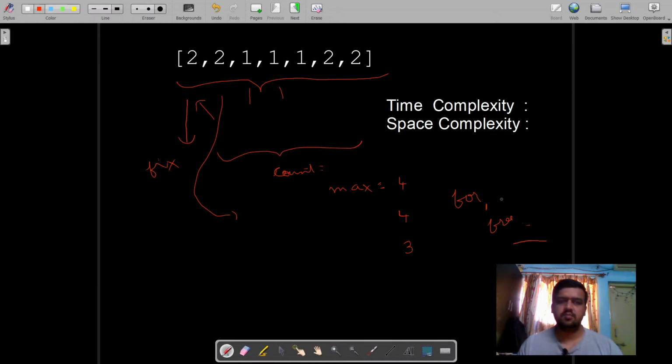This is a naive approach, and it usually comes to the mind of a beginner who is just trying to code this in a simple way. In time complexity, this is an order of n square solution, precisely because we are checking each and every possibility of a number being the majority element. There is no problem of space complexity, because we are only taking one or two variables, which are constant. So space complexity is not an issue, but time complexity is.